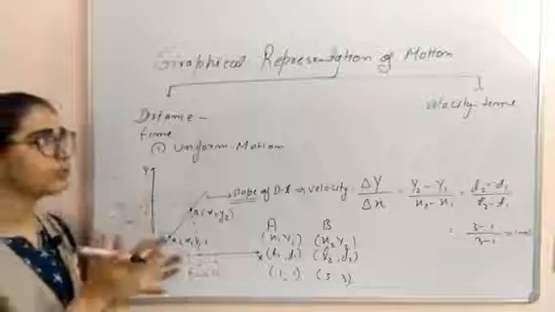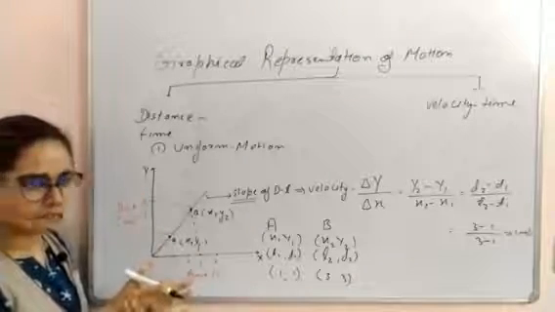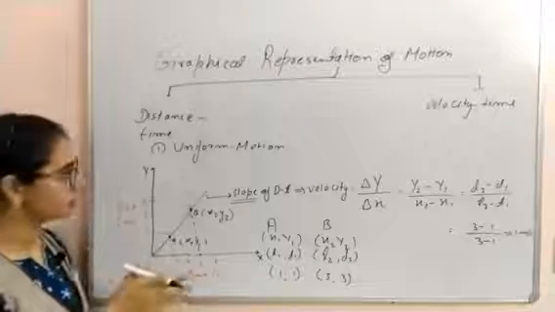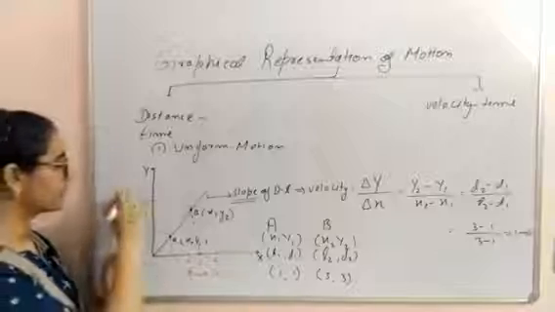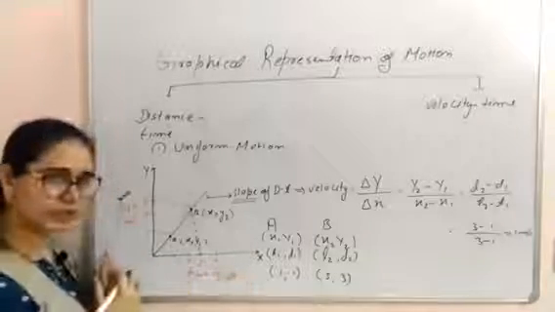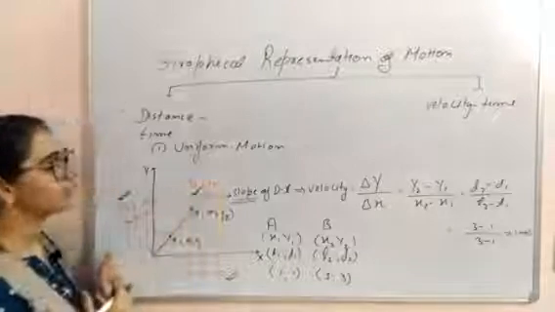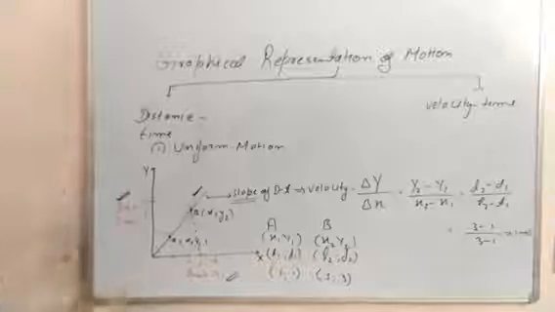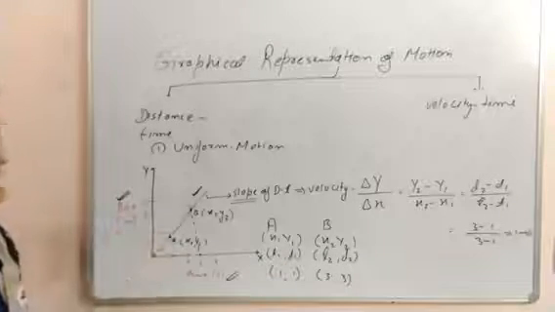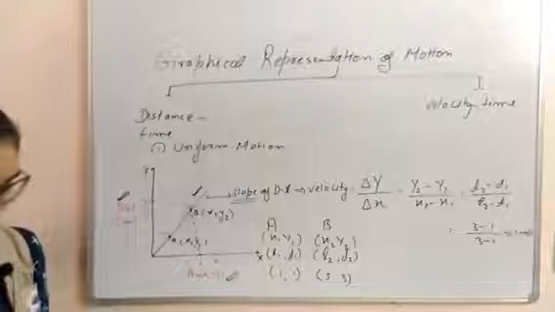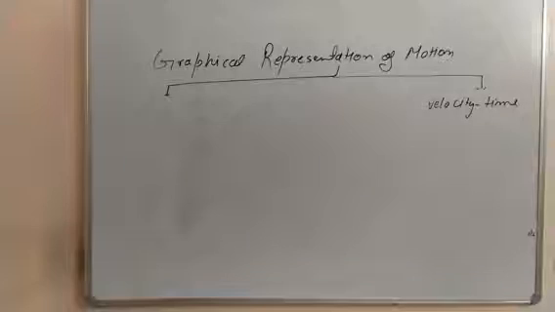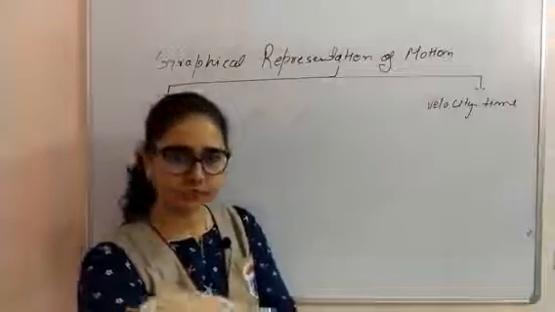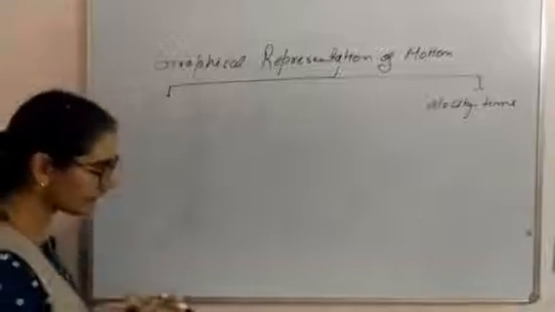That means while you are representing motion in a graphical method, that graphical method can provide you certain information regarding the motion. From the axes, it is already providing you distance information and time information, and the slope of a distance-time graph provides you velocity information. Clear? I hope you are clear about the things. Note it down, and then we will start with the velocity-time graph. I hope you have already written the distance-time information. Now we will discuss the velocity-time graph.